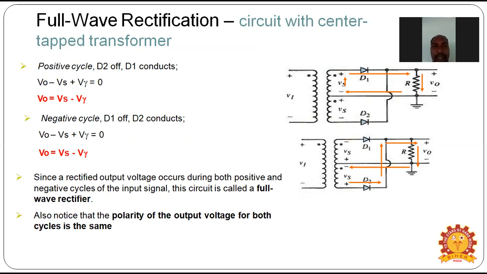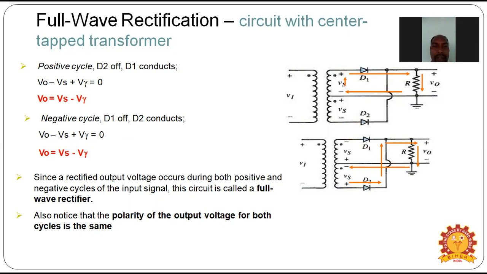In this circuit with the center tapped transformer, there is the transformer V1. In the coil, we connect the center position, and we get the output from that center tap. In the circuit, diode 1 and diode 2 are connected, and from the center position we get the output.